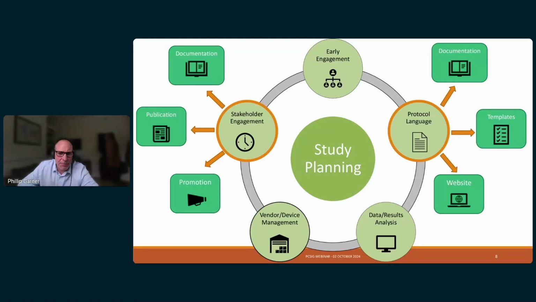And on the protocol language side of things, there's lots of similarities here. It all came down to information and education again, and we looked in particular at a decision tree type model, which perhaps could be accessed via some sort of interactive tool or website. For example, a user could input certain information about a study, like: is the device approved? Is the device you're using approved? What is the data being used for? Is it a study about the device itself, or is it about an